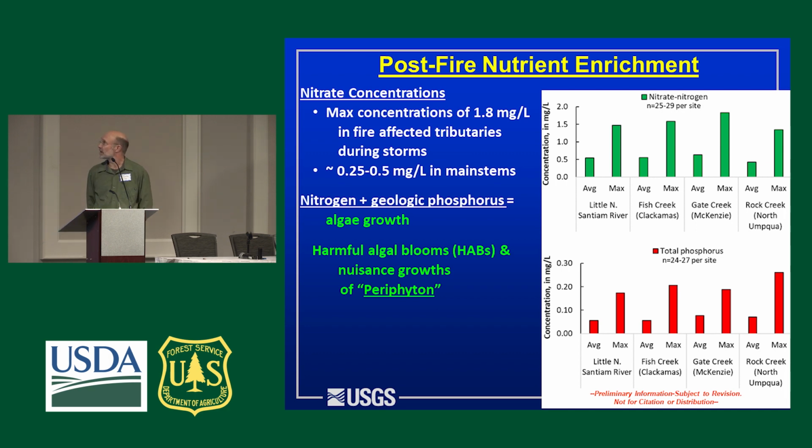And what you see here is average concentrations coming in at about 0.5 milligram per liter, which is quite high. When you compare, less than maybe 20 or 30 micrograms per liter during the growing season, and now we're seeing 0.5 milligram with peak concentrations getting up to 1.5. And you see these 4